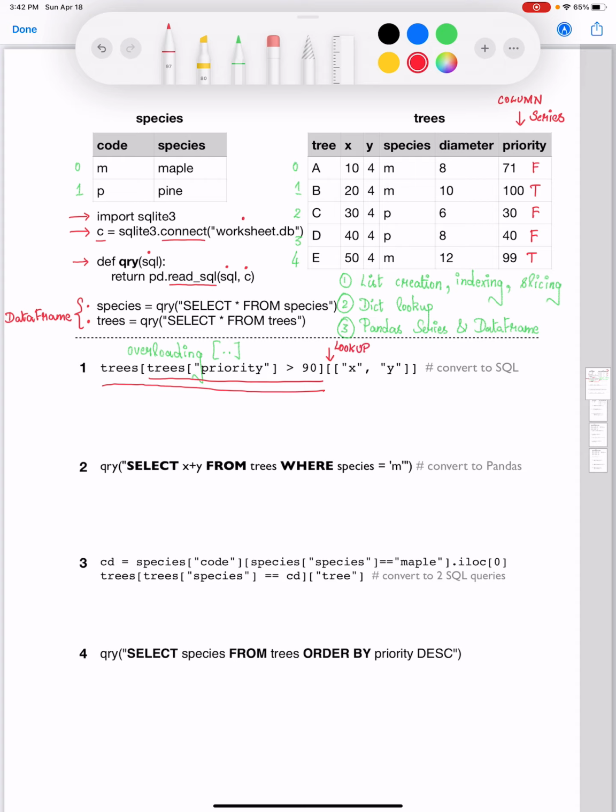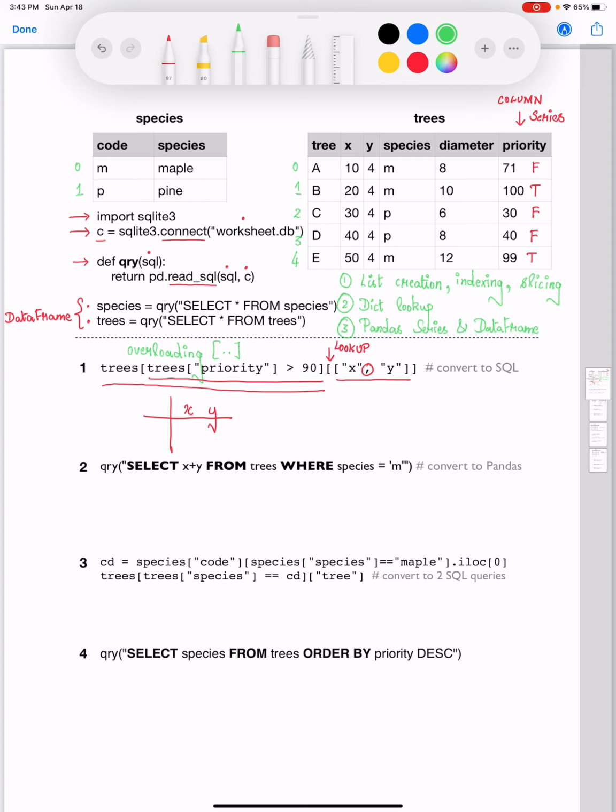Recall that we can use complex expression as part of the lookup operation within pandas. So we are specifying a list of values here. How do I know this is a list? Focus on the comma. What are the values here? Those are column index. That's going to be X and Y over here. When we specify a list of column index, we are only going to retrieve the values corresponding to those particular columns as a result of the lookup operation. So this entire expression over here is going to return a data frame which contains the columns as X and Y. And let's write down the corresponding row values.